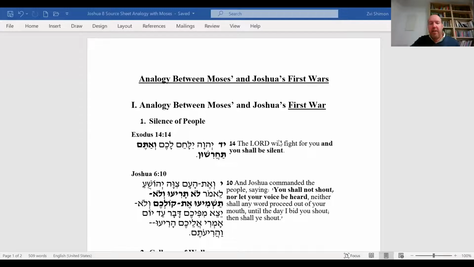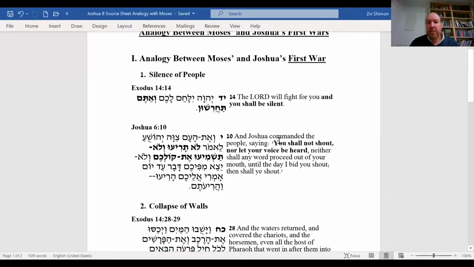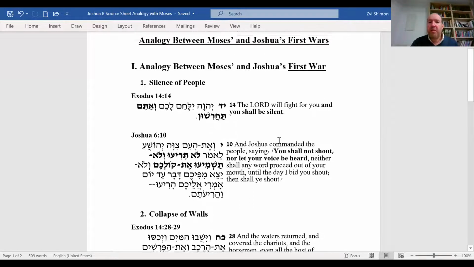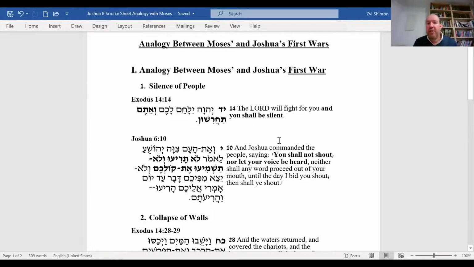If we recall, in the description of the Israelites' departure from Egypt, the Exodus, the Pharaoh and the Egyptians gave chase towards the sea. And we read that when the people saw Pharaoh approaching with all his chariots and his army, they began to panic, of course. And then what was the response